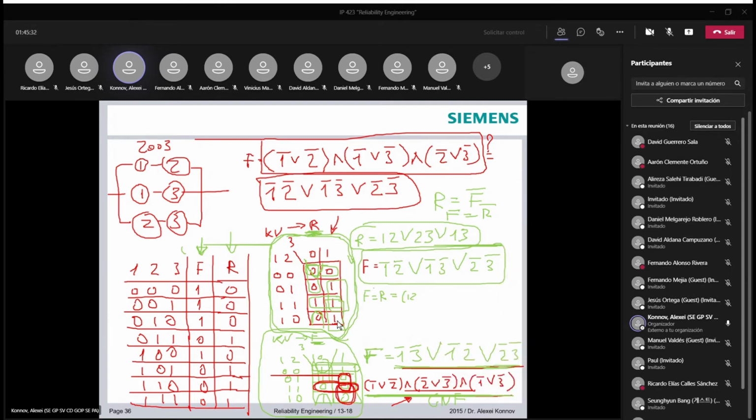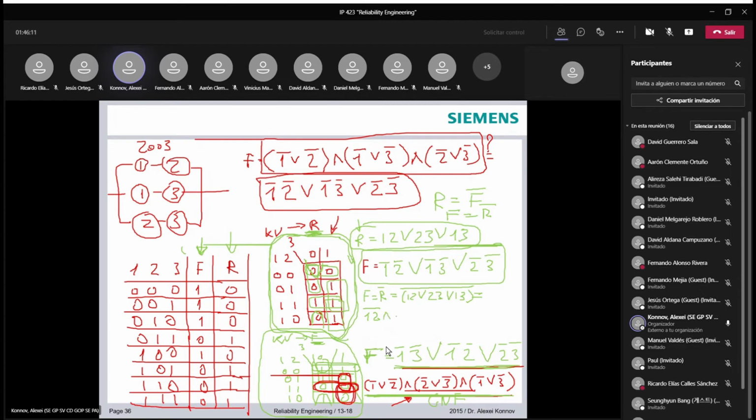So take a look. Again, I've got that result here for the survival. Now I want to create the appropriate expression for the failure logic. I can just say failure is equal to the negation of the survival. So that means I have to take the expression for the survival function as I have it here and apply the negation to the entire expression. What will I get? Nothing else but 1 and 2 all negated,